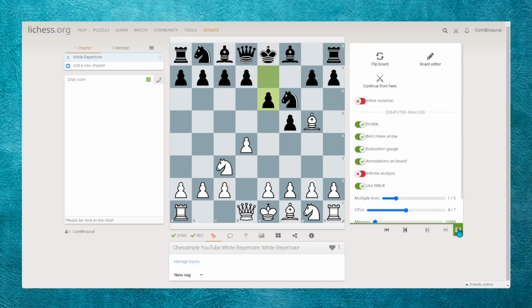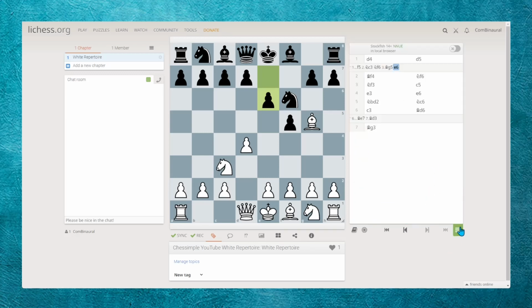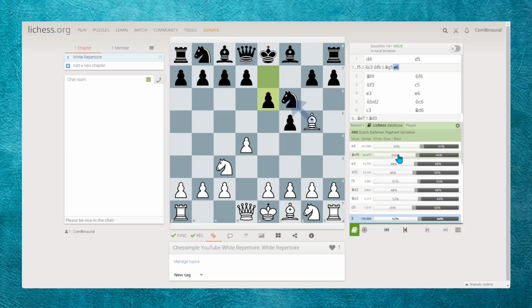And one thing to know too, this little book here, you can click this and the opening book comes up. So just know about that. There's this little opening book. If it's not showing up for you as you're building out your little repertoire here, it's helpful to have that open. So this is where we know at this point we can just play e4,